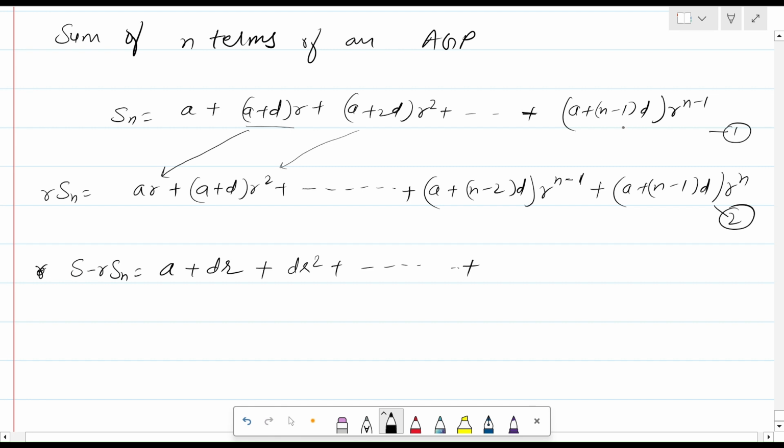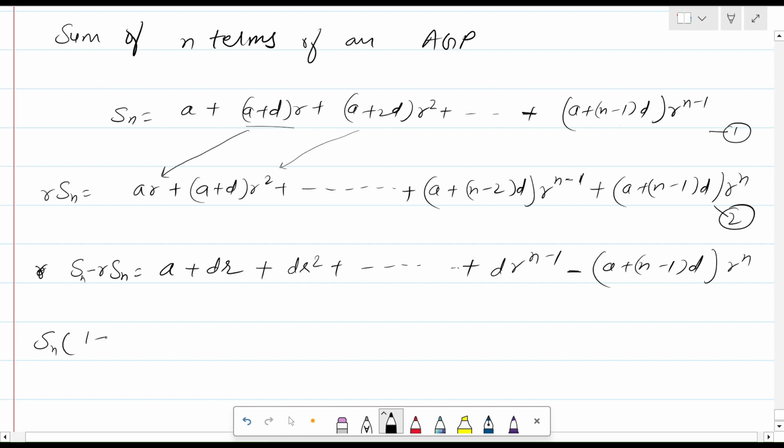This term minus this term, dr raised to the power n minus 1, and this is minus a plus n minus 1 d into r to the n. So Sn